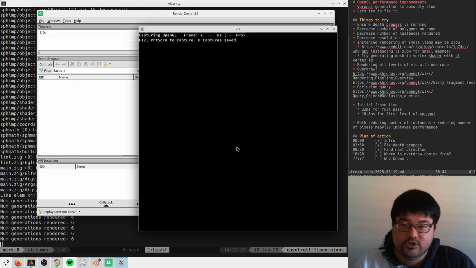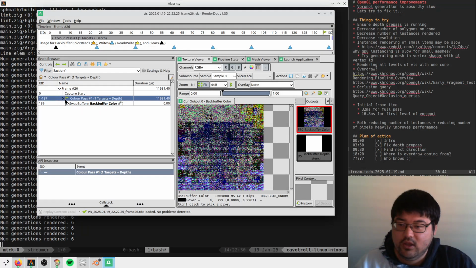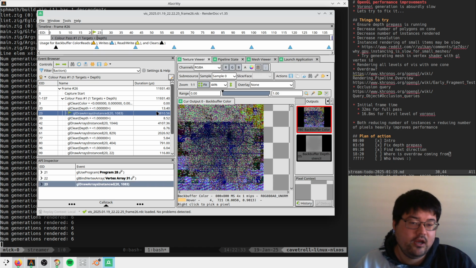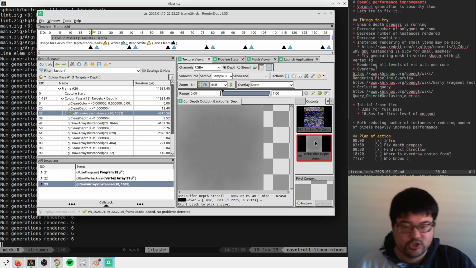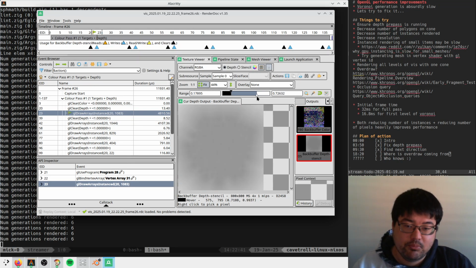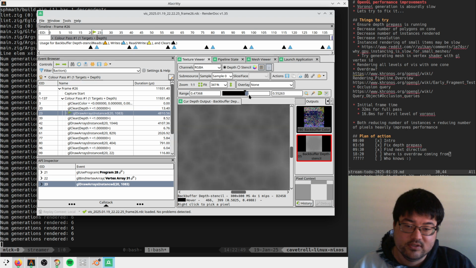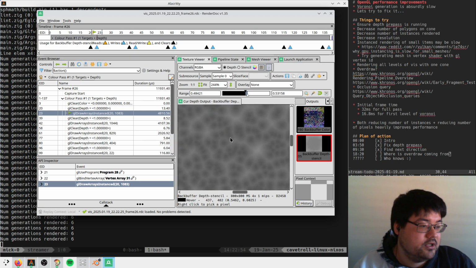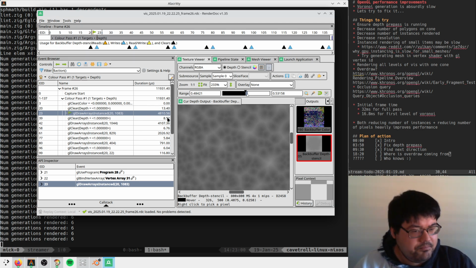So load last, launch, capture, wait, we look at the thing, we hit the time button, and we see, yeah, this is still taking on the order of 5 milliseconds. We see that the color that comes out is total garbage, who cares? And I think that the depth buffer still kind of looks like a sane Voronoi pattern, right? We're seeing each cone here running into each other, I guess. The cones are smacking each other. We're seeing the pattern we expect to see, right? So my suspicion based off of this is that